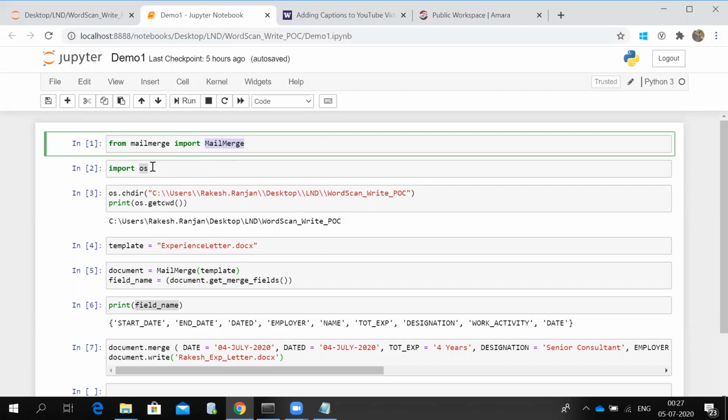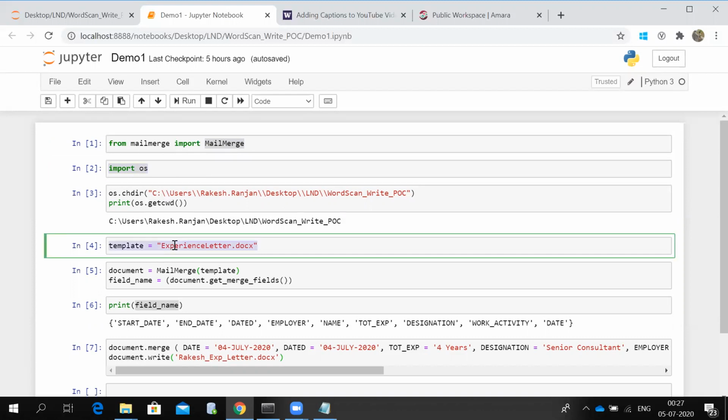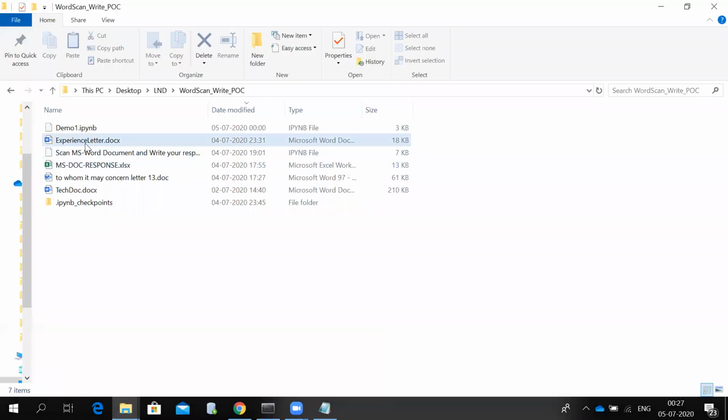And we are using the OS library to navigate to the respective directory. This is the template name. You will see here that we have the experience letter template.